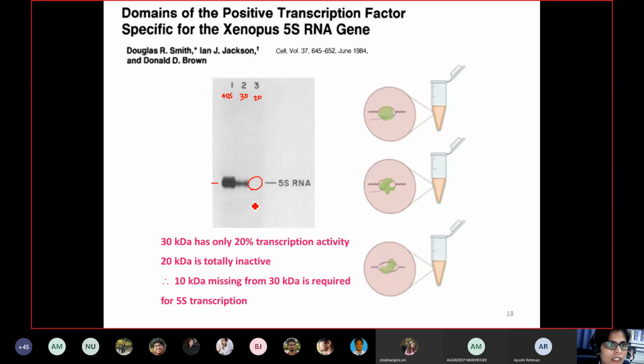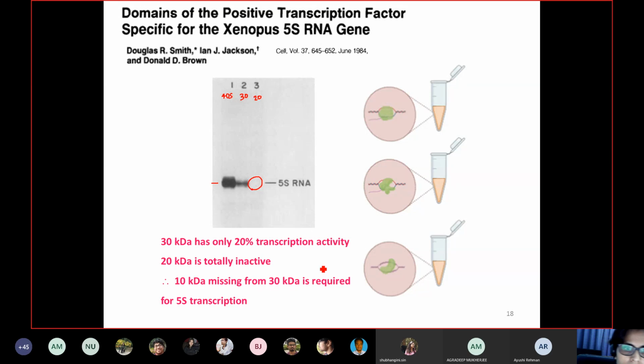And for that reason, they always go on deleting in any kind of molecule. When you study this, you also prepare N-terminal deletion, C-terminal deletion, or drastic internal deletions from the sequences, like you chop off some of the deleted mutants inside the protein, and then you check its activity, especially in a functional assay, for example, in a transcription assay. So from this, they were able to find out